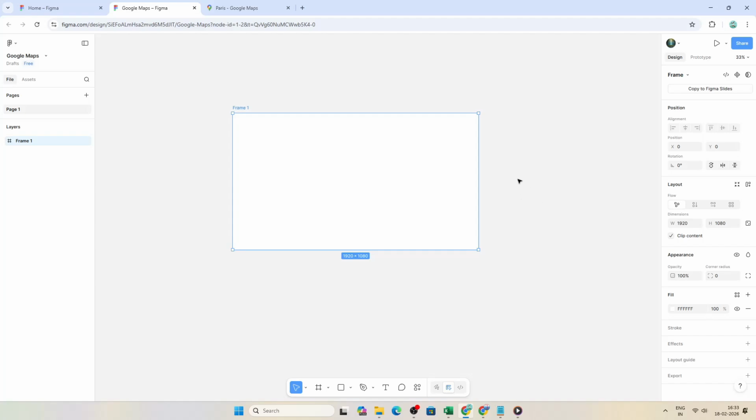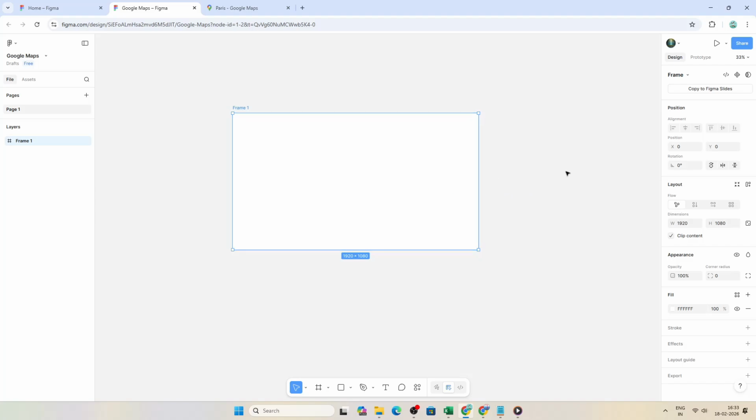In today's video, I am going to teach you how to add Google Maps location in Figma, embed Google Maps. We'll cover two practical approaches. First, inserting a static map image directly into your design using a plugin. Use the first method when you just need a fixed visual and the second when you want an interactive handoff